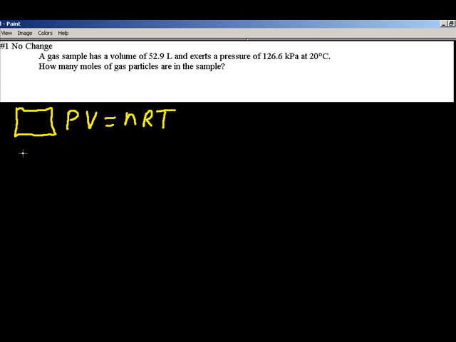So what we typically want to do is list those variables separately down the side. And the reason why you want to do that is because we want to make sure each of these variables is in the proper units. The pressure has to be in atm, the volume has to be in liters, in moles, and the temperature has to be in Kelvin. Now in this example, the pressure is at